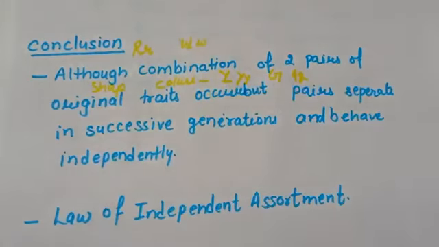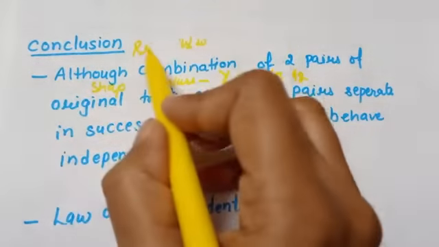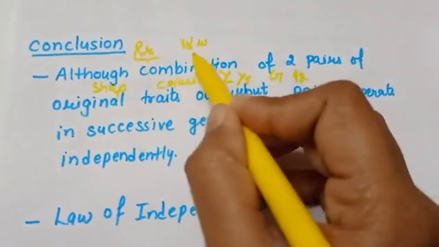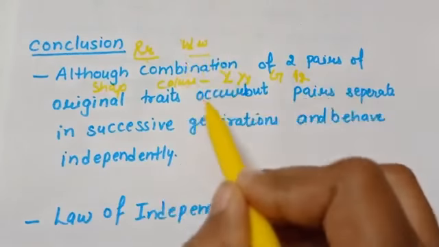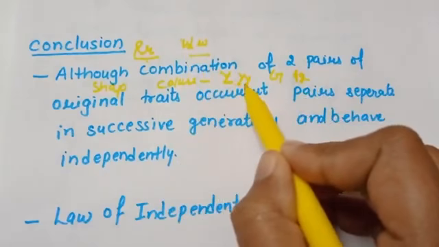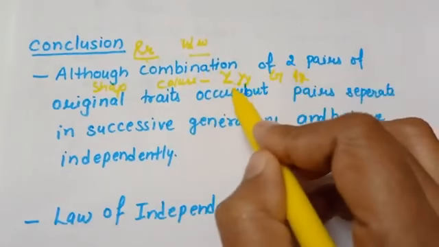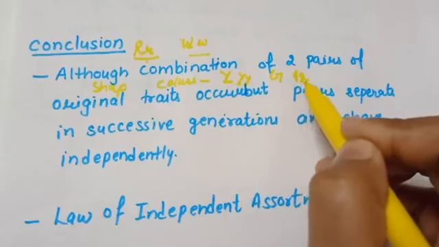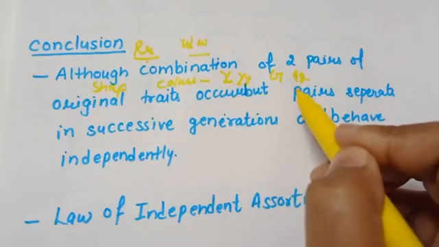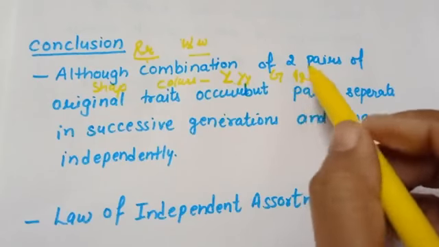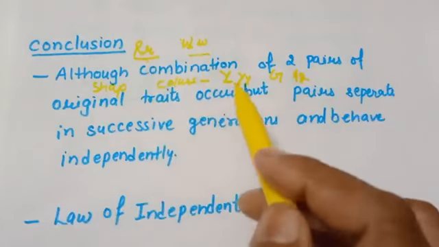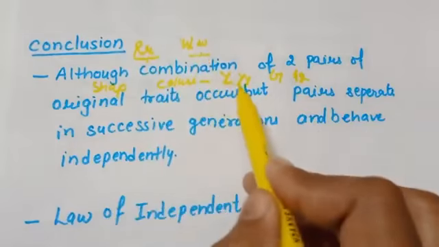So these can be the genes which represent the same characteristic. Here this is representing the round shape. This is representing the wrinkled shape. Capital Y and small y is representing the yellow color. Then capital G and small g is representing the green colored characters or the genes. So here he concluded that the combination of two pairs of original traits,